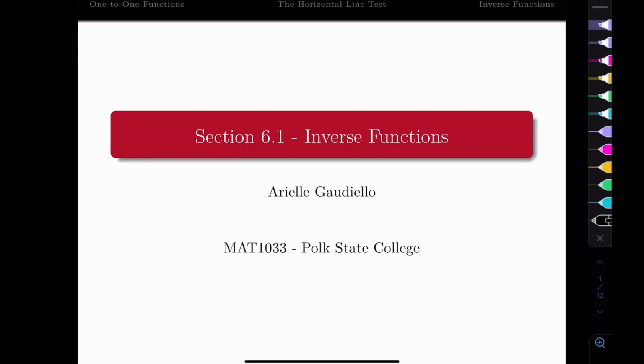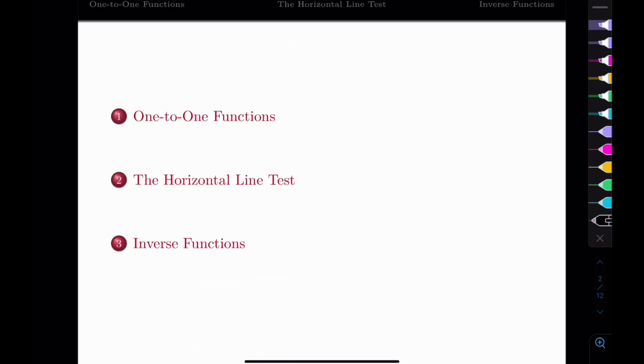The next unit we're going to talk about deals with two main functions, the exponential and logarithmic function. But before we can get to that, we need to talk about inverse functions. So we're going to go first through this property that's known as one-to-one, so some functions can have it. Then we're going to talk about the horizontal line test, and then we can actually define what is an inverse